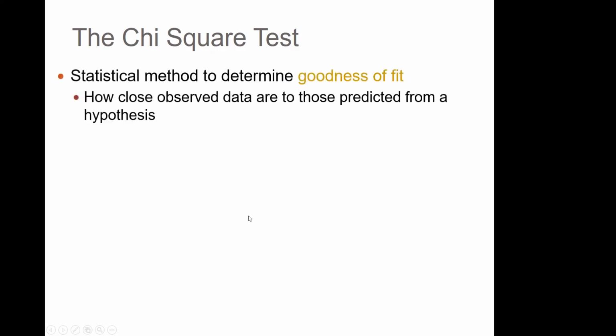So chi-square, pronounced chi, not chi. That's something different. This has nothing to do with your inner spirit. This is a statistical method. We sometimes call it a goodness of fit. How closely does our observed data match an expected set or theoretical outcome from a genetic cross? And where does that theoretical or expected come from? Well, that comes from using the statistics we just talked about, the independent events.